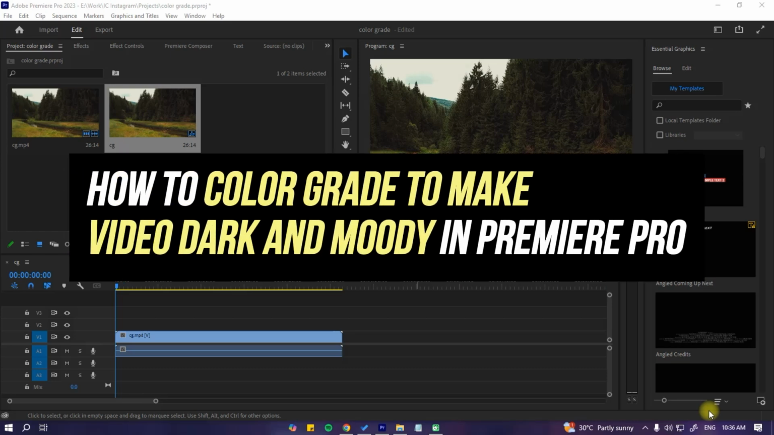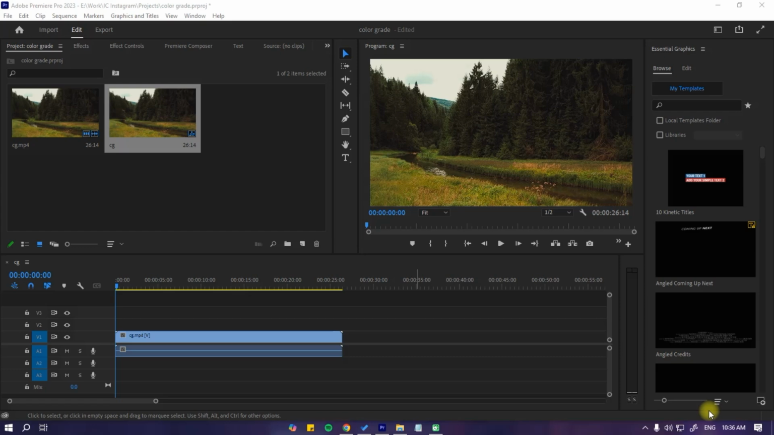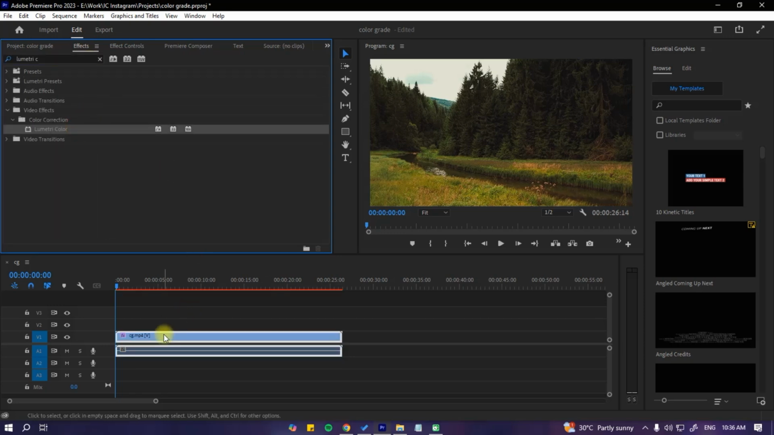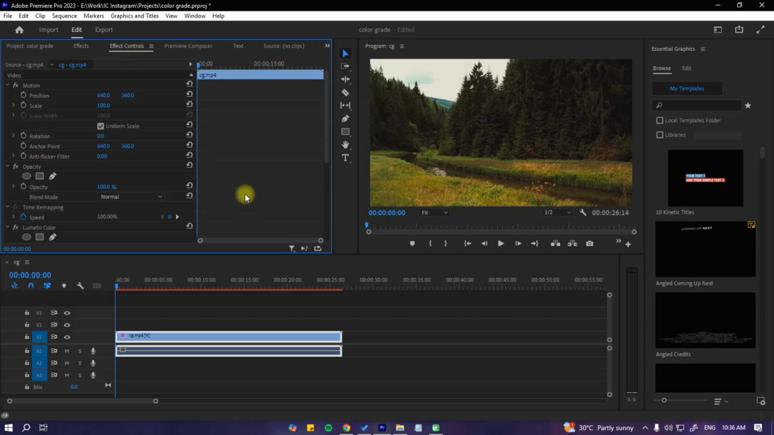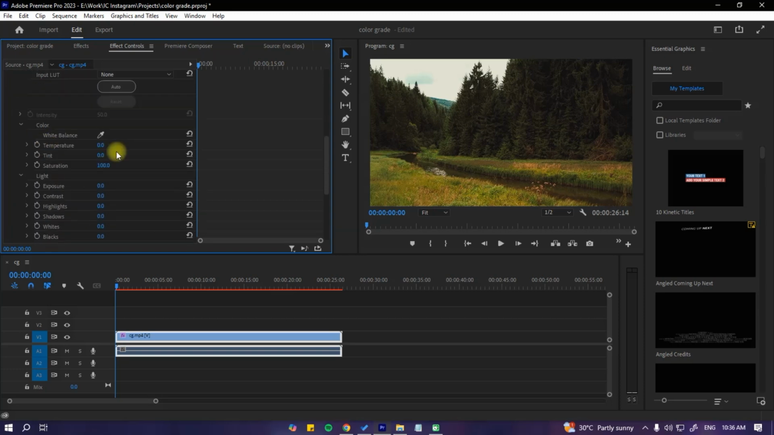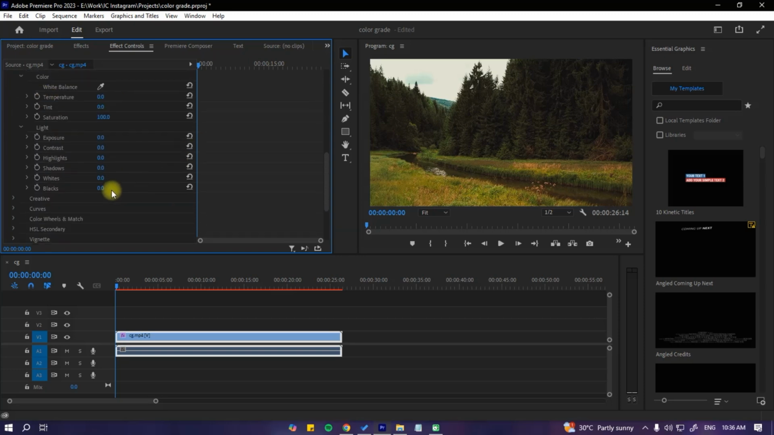Hey guys, today I'm going to show you how to color grade to make video dark and moody in Premiere Pro. Once you already have your video on your timeline, let's search for Lumetri Color under the effects. And once you have found it, drag it to your clip and let's go to Effect Controls, scroll down until you find Lumetri Color. From here, expand Basic Correction, scroll through, and we are going to set the saturation to